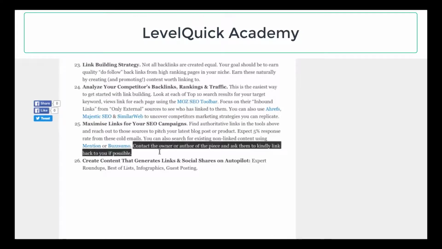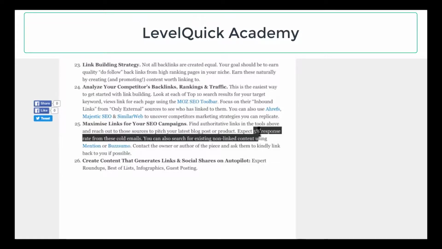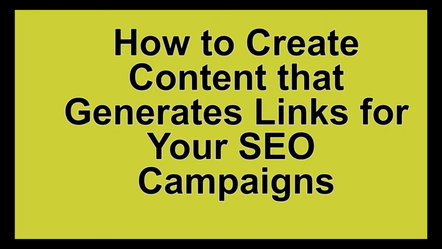Okay, so an essential contact owner, ask them to kindly link back to you if possible, so you don't want to be pushy. You do not expect a huge response rate on this, but definitely it's worth doing the work because it's really easy, very easy to get backlinks to your website. So that's the process, and let's go to